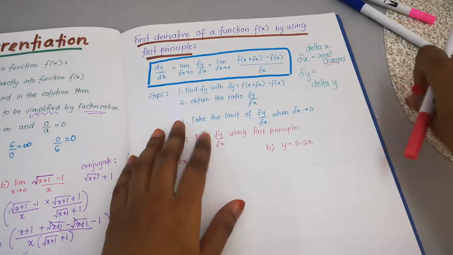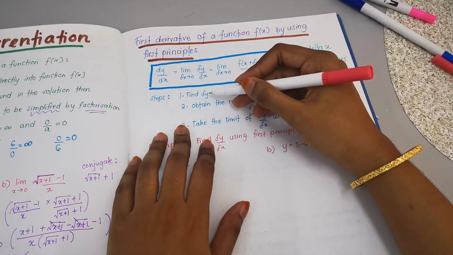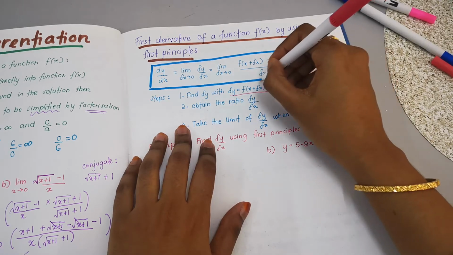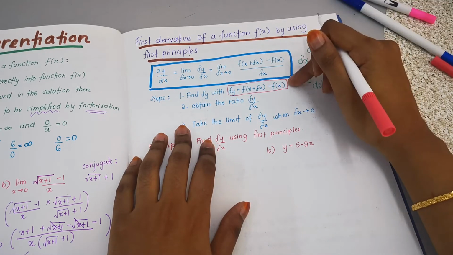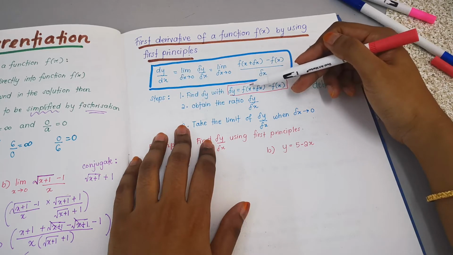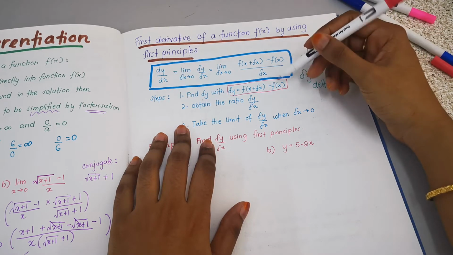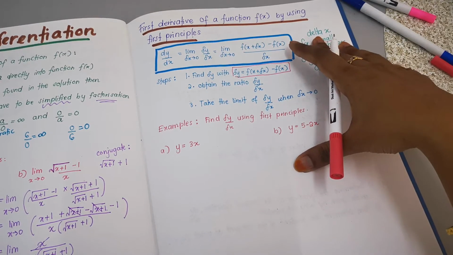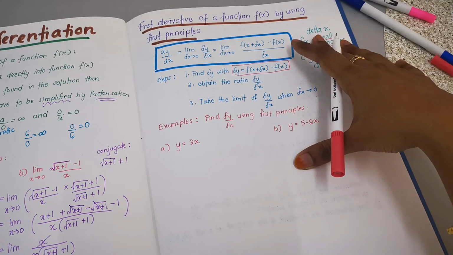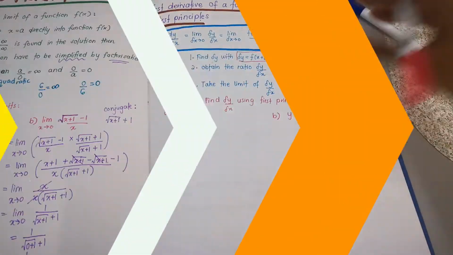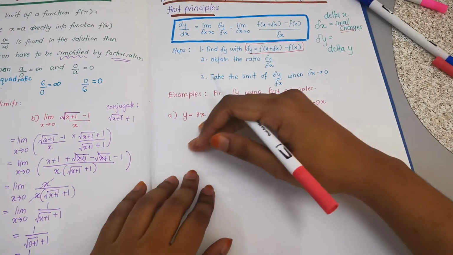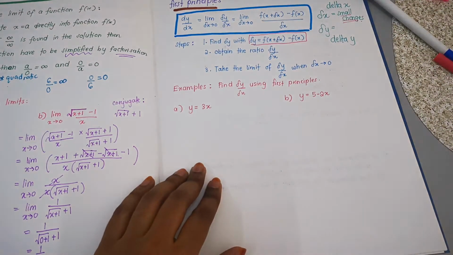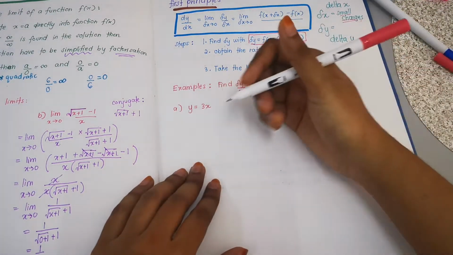Okay, so first step, find your delta y first. By using this, if you can memorize this. Okay, memorize this. Delta y equals f(x plus delta x) minus f(x). Okay, now I'm going to do step 1 first. Step 1, find delta y first. So let's find delta y. Okay, so now I'm going to apply delta y first. Okay, first step. Always if you can, this is teacher's suggestion,